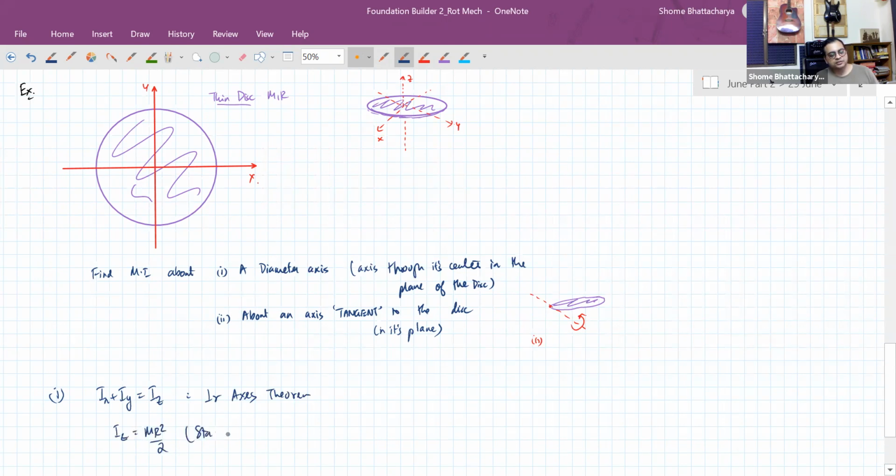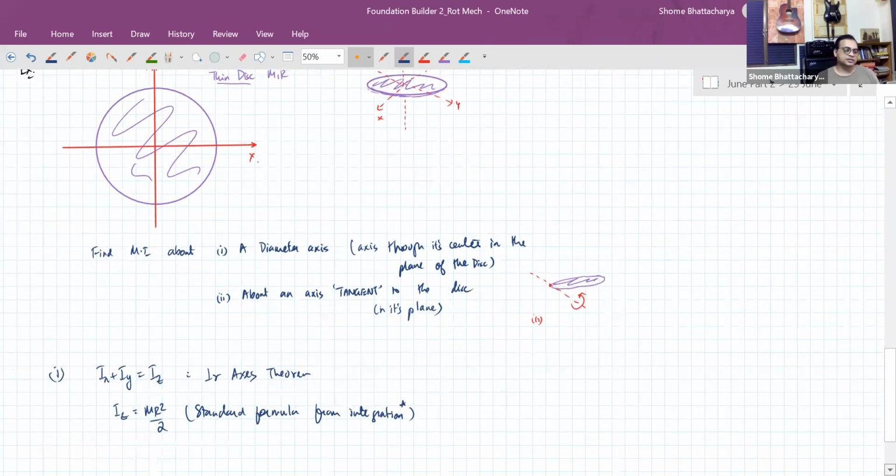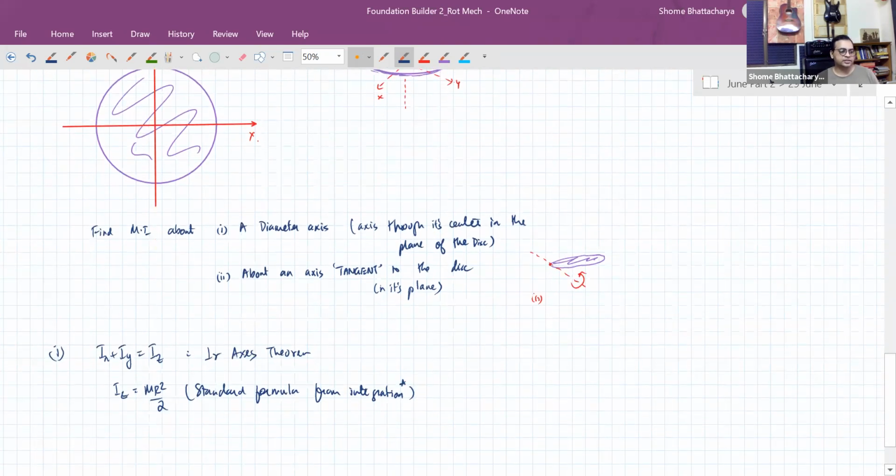This is the standard formula that we know from integration. As I told you, you have to remember the standard formulas that we had listed out last time. Otherwise, this will become a very lengthy problem. You have to first do the integration to establish this. We don't want that. So because the z-axis is the symmetry axis,